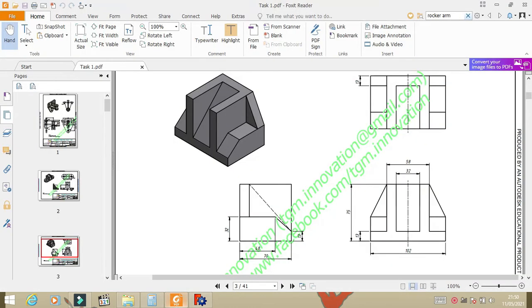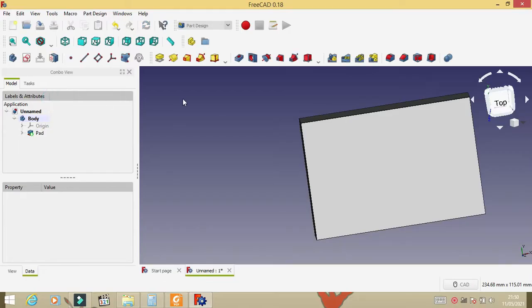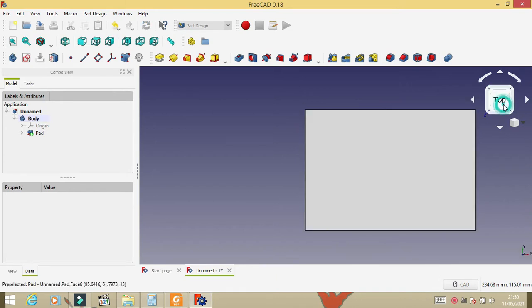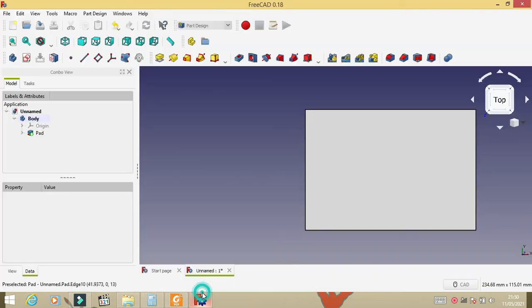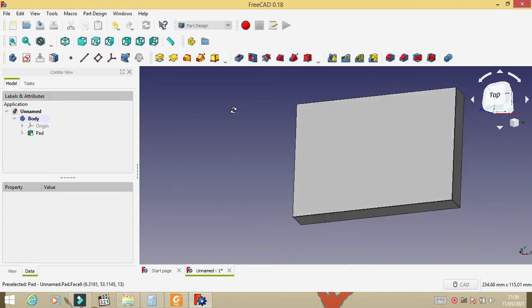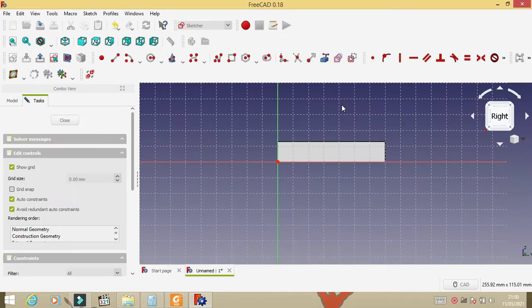Click pad to extrude the sketch. Actually the dimension is 13 mm, 13. And then